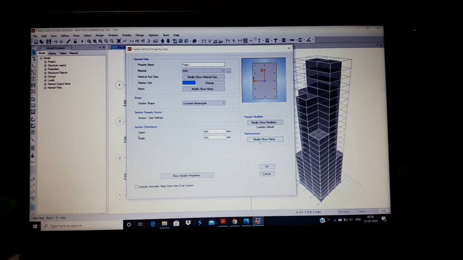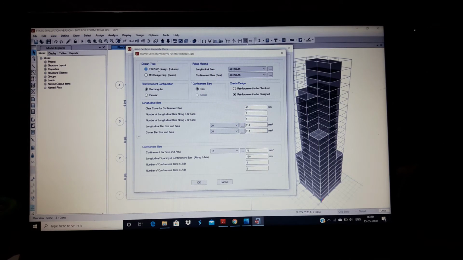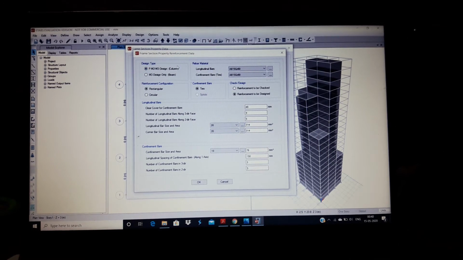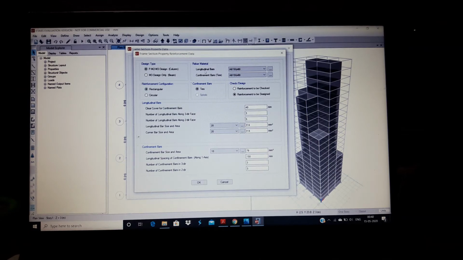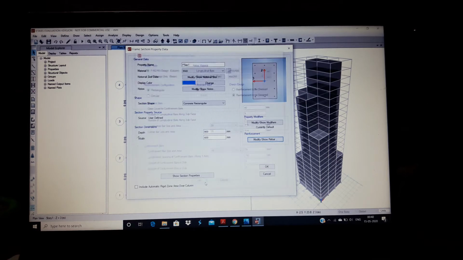And then modify. If there's a column, you need to select for the column. If there's a beam, you need to select for the beam. Longitudinal bars as HYSD 500 and confinement bars as mild 250. This should be 40 clear cover for the confinement bars, and then click on OK. Again OK.